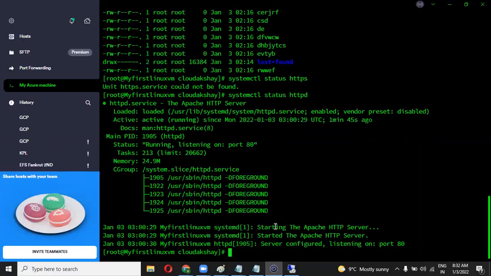So you can see the service is running, active and running, and it is installed by the custom script.